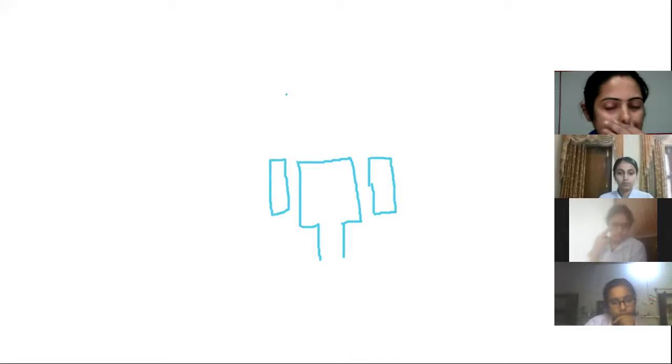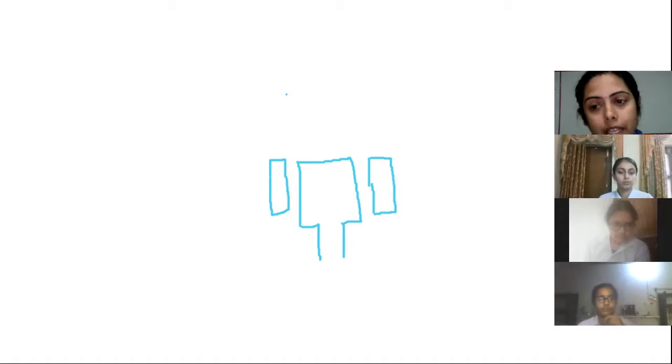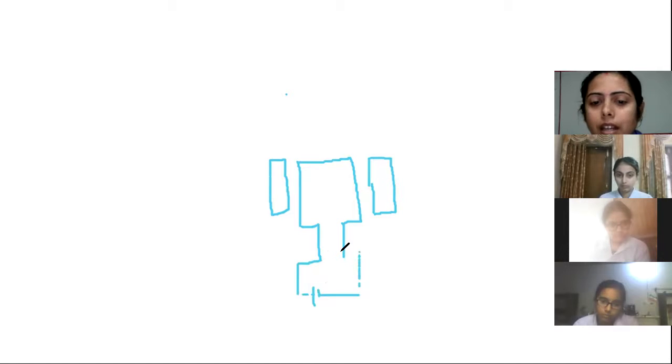Okay, Vardha, please tell me, if the current flows, see, the coil is in the magnetic field, if current flows, what will happen? Ma'am, how will the current flow here, it is not connected. Okay, I'm going to attach it with the battery and all. Okay, I have attached it. Let's suppose that current starts flowing. In the chapter we just finished, what happens when the current flows and we have the magnetic field also? What will you experience?